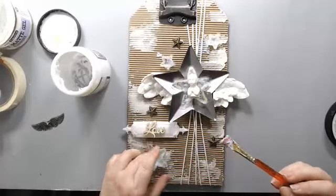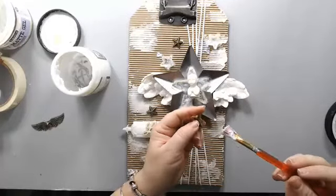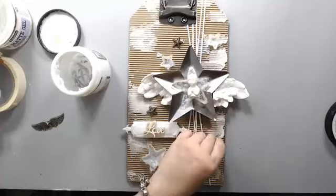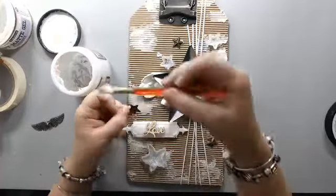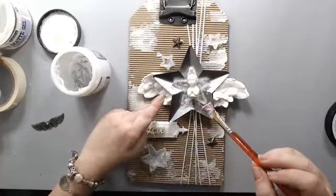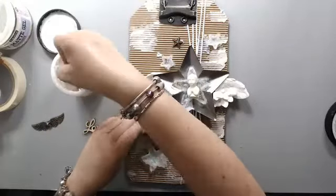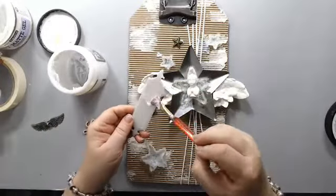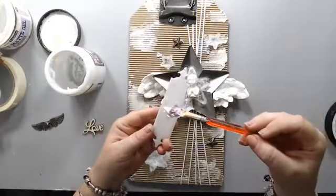Okay, there's the star, and there is this star. Okay, and I'm not going to glue the love word because I do want to color it a different color, and I don't want it to get a very